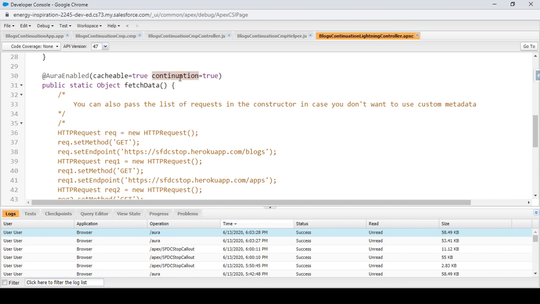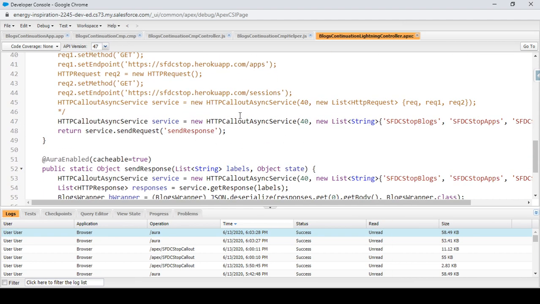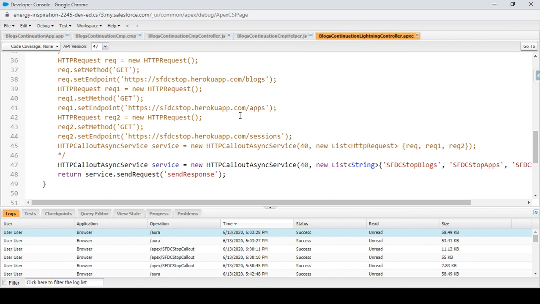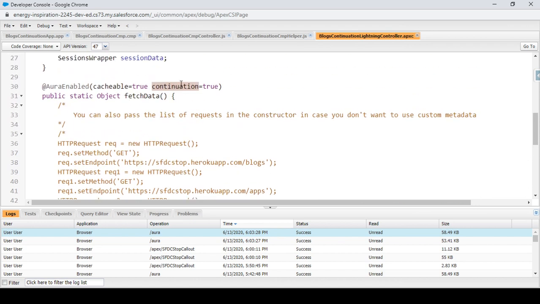Continuation is required because we are going to perform an asynchronous callout using Apex continuation. And cacheable is also true because this is also required when we perform an asynchronous callout using Apex continuation. So this is the required stuff.